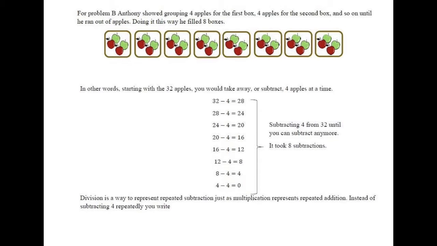So for this one, problem B, Anthony showed grouping the 4 apples from the first box, 4 apples for the second box, and so on until he ran out of apples. So doing it this way, he filled 8. And we did one like that, so you saw that. But let's take a look at it this way. If he started with 32 apples,